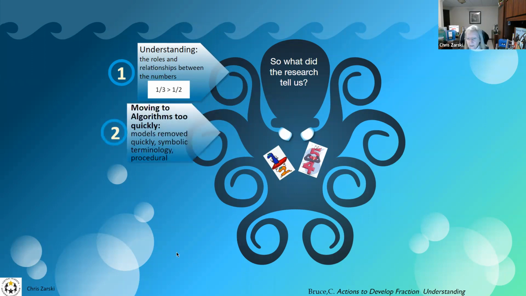The second thing is that we tend to move to an algorithm too quickly. We assume that if we've done examples like cut an apple in half, cut a cookie in half, do all of those kinds of things, and that we just show them when we color in a circle and we have 1 piece colored in blue and how many other pieces weren't colored, and that will tell me how many pieces there were in total, that they must really get that.